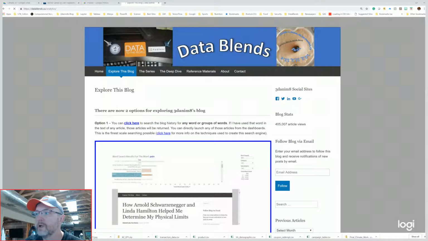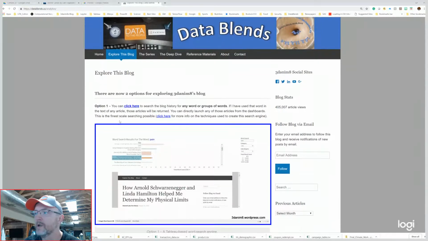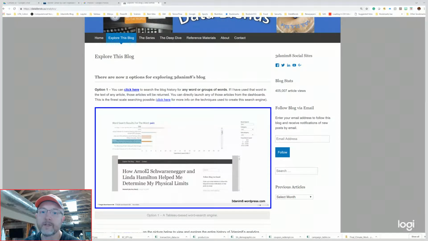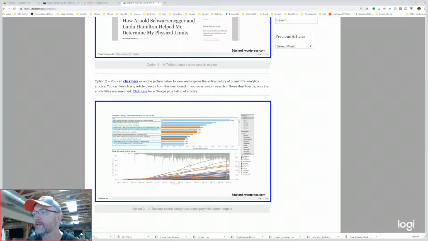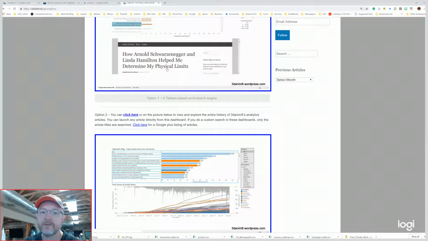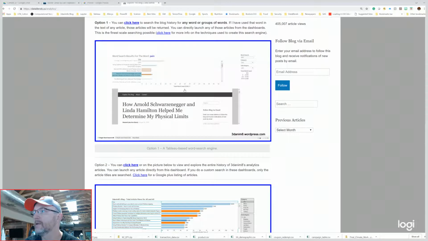the Explore the Blog gives you two options. Number one is if you want to look for a particular word that I might have written about. I used it today, in fact. And number two is you could search for individual articles by category or topic. So both of these choices are driven by Tableau Public. And so if we were to pick option one, looking for a word,